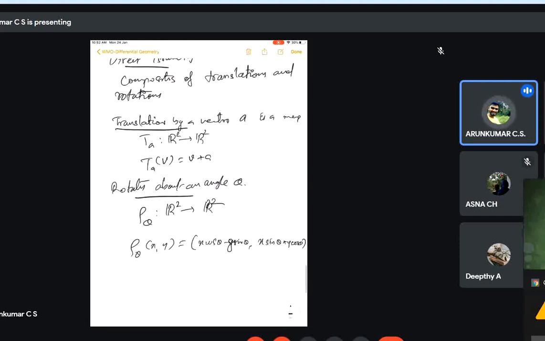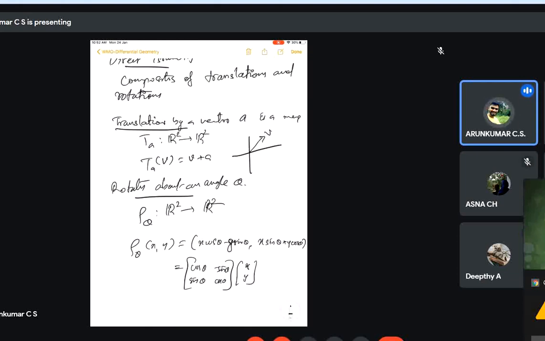So this is precisely the multiplication by the rotation matrix [cos theta, minus sin theta; sin theta, cos theta]. They are basically linear maps, linear transformations. So this translation means, if I have a vector like this, this is my A, and if I take some other point,